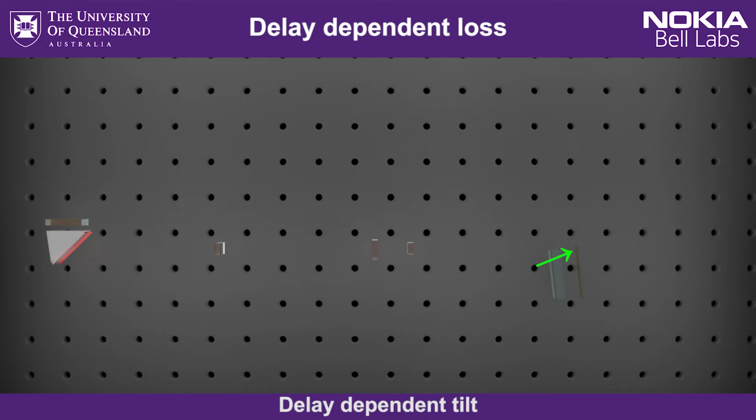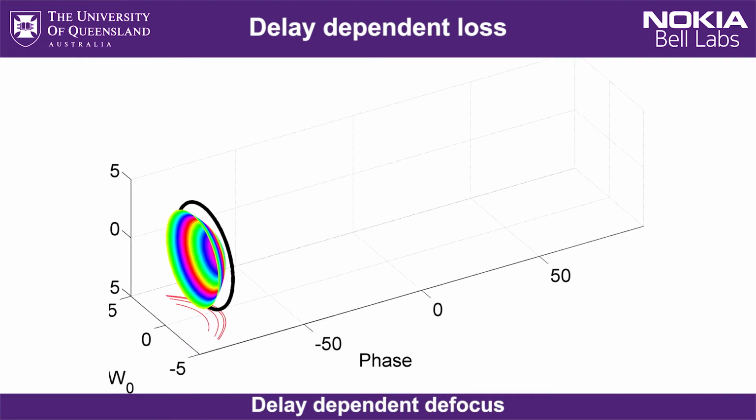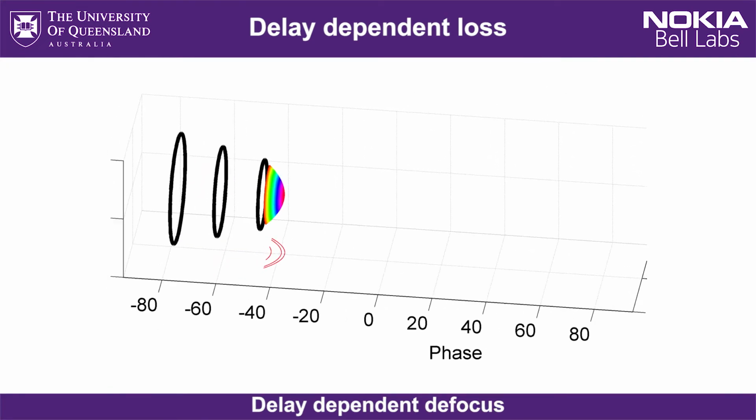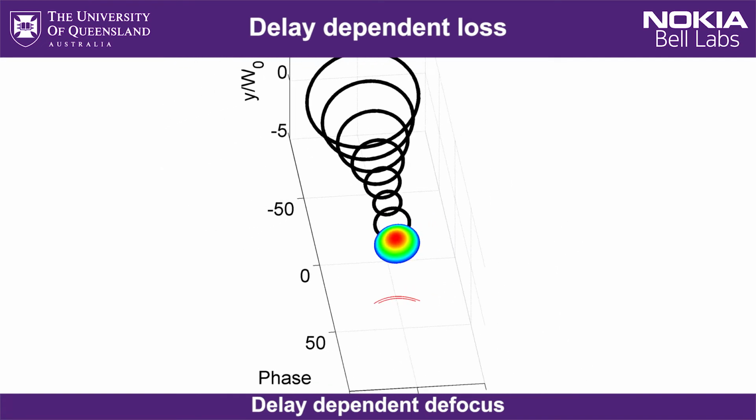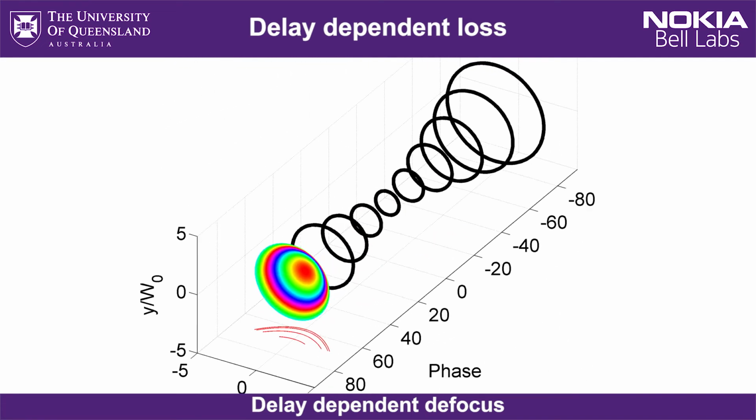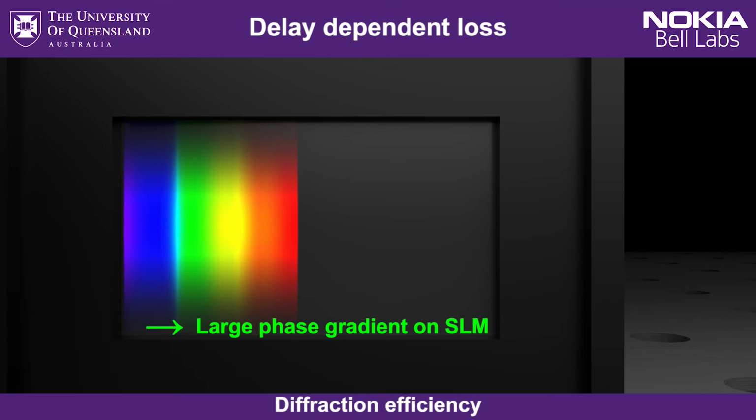Second, there's the fact that when your beam is delayed, that means it's traveled a longer distance, and if the beams are relatively small, like we have here, that means they'll get a little bit out of focus, depending on the delay. And you could compensate for that, but really, for our device, the delay-dependent loss that dominates is diffraction